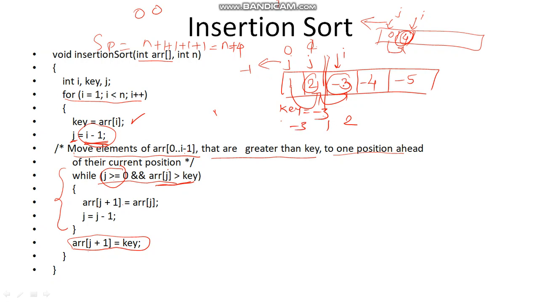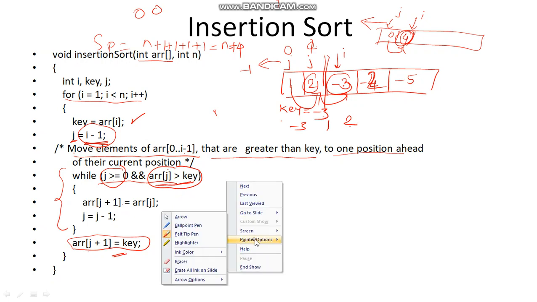Sometimes it may happen that you have placed -3 and now here is a -2, let us say. So in that case, only these two elements are to be sorted, and this condition will not be satisfied, and due to that you will come outside and this value will be placed. Let us try to analyze this particular algorithm.